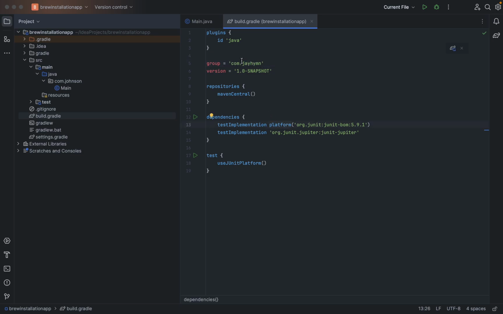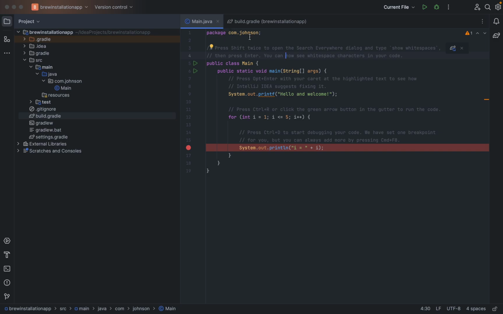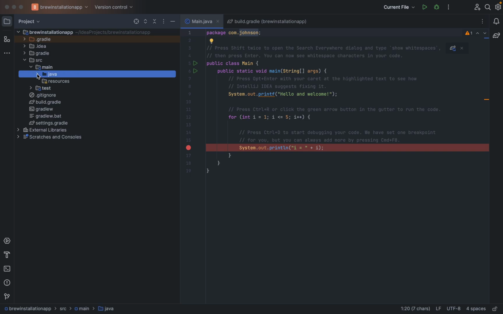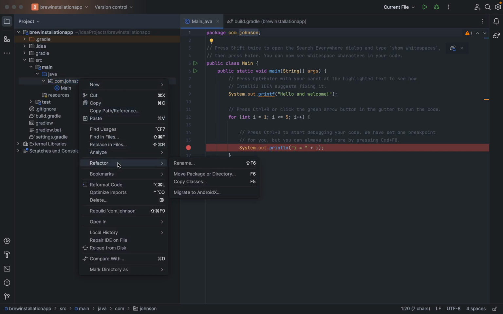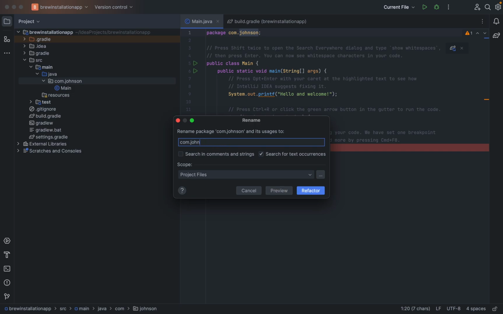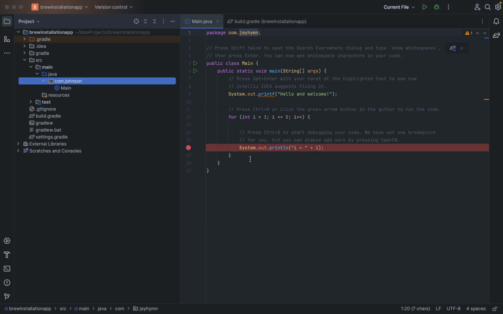While I change the package in our build.gradle file, if I go to my Main.java, I still have com.johnson here, but I would like to change this as well. I can change this here, but changing the package name here will simply mean that I'm only changing the package name for this file. So in order for me to change the package name appropriately, I'll open up my Java folder, click on com.johnson, right click on it and go to refactor. Rename the package to com.jhim,